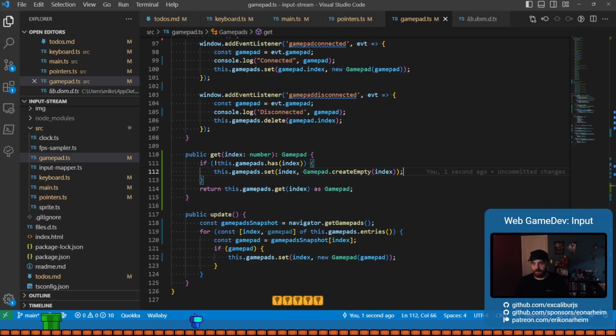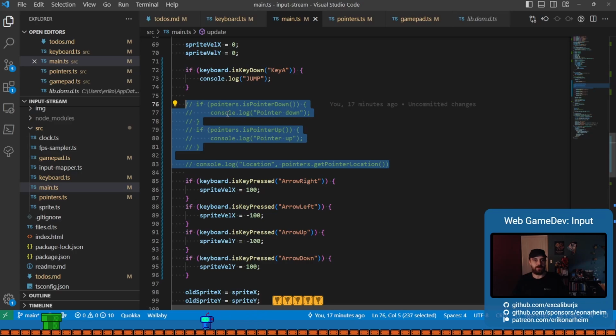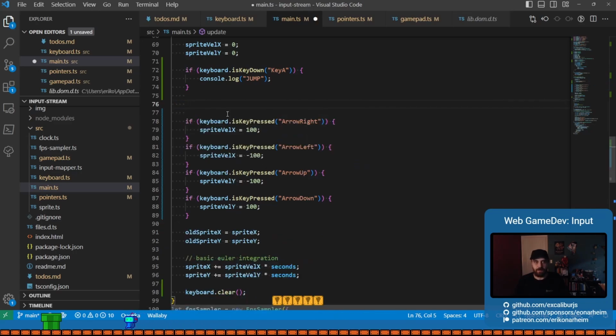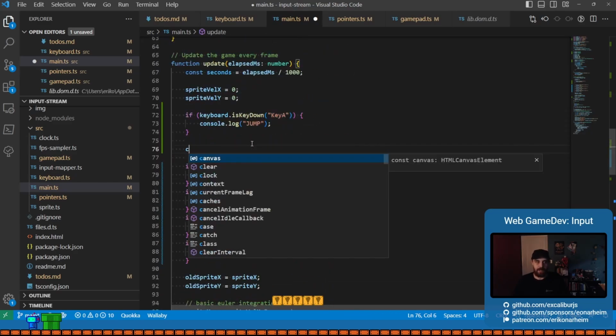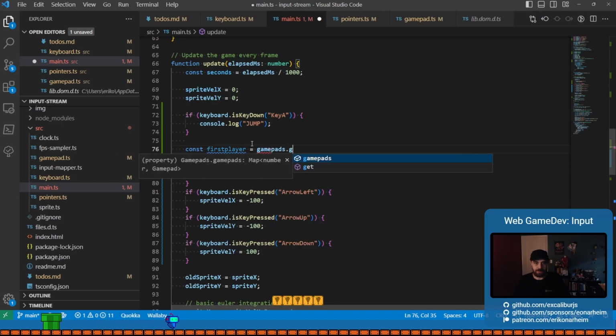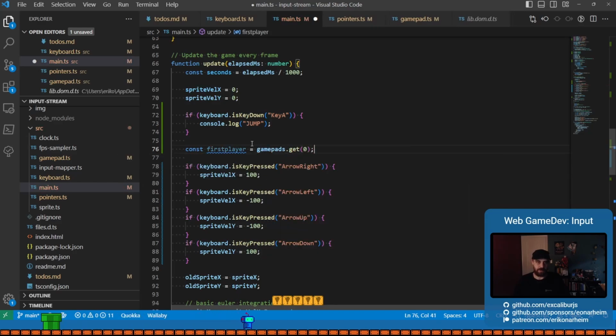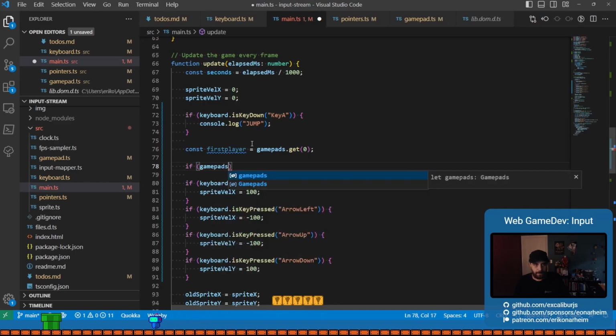So let's go play around with gamepad input. Let's go back here in main. I'm going to keep the arrow keys alone here, but I want to do some fun stuff with the gamepad. So let's go ahead and wire up our gamepads, and we already did. Okay, good. I'm going to get at our first player. Gamepads get 0, so that's going to be our first player. So if our gamepad, our first player,